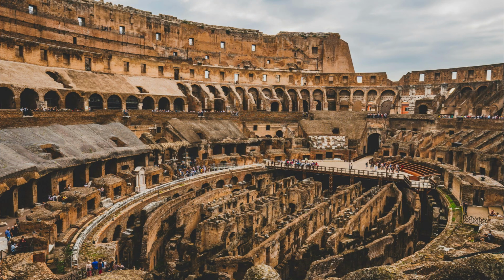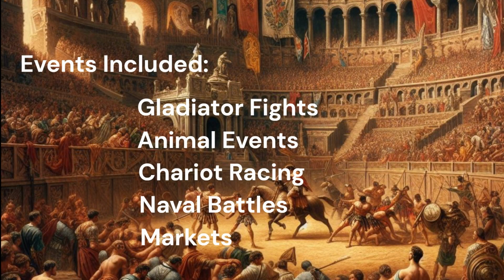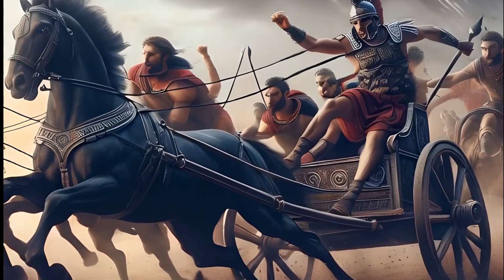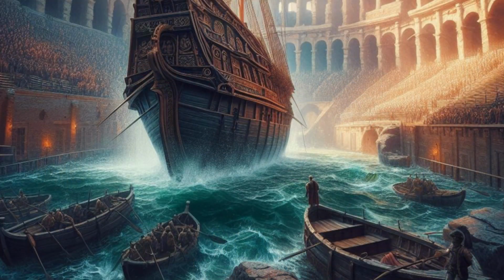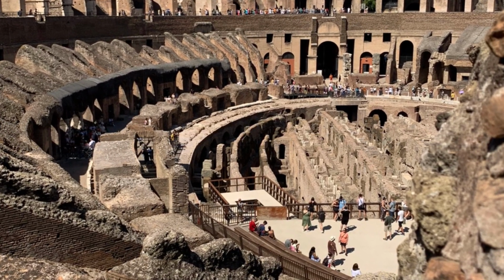But perhaps the most astonishing aspect of the Colosseum's architecture was its ability to accommodate a wide range of events, from gladiatorial combat to naval battles. The arena could be flooded with water using a sophisticated system of channels and drains, transforming it into a stage for epic naval engagements. Throughout its long and storied history, the Colosseum has served as a symbol of Roman ingenuity